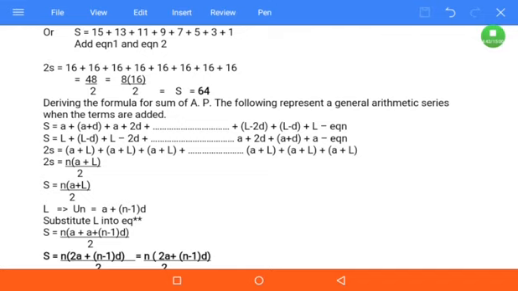For instance, the nth term of any sequence of any AP is what? Un, or Tn, is what? a plus (n minus 1)d. Can you see? But we need the formula also for the sum of any AP containing any term that is finite. Alright, so deriving the formula for the sum of an AP, the following represents a general arithmetic series when the terms are